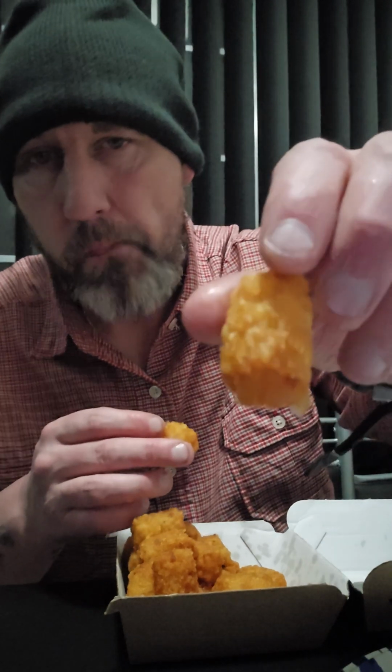$1 worth of taters. Pretty good. See what I mean? That's a lot of taters, I feel like, for $1. I don't know. Probably worth it to not even save the buck, is what I was getting at earlier, and probably just get them. They're really crispy, though. Nice golden brown. Again, they're pretty greasy, but